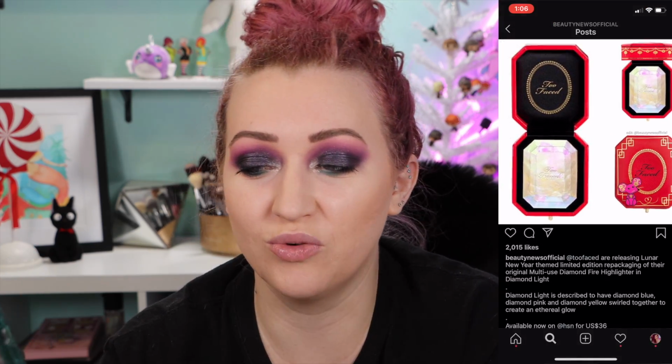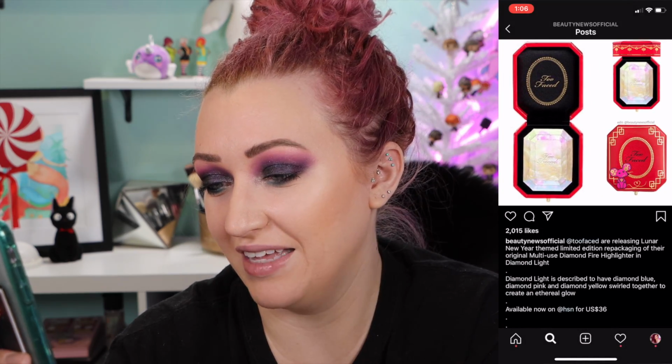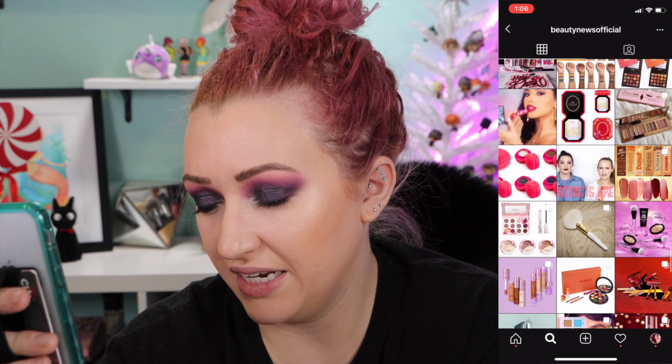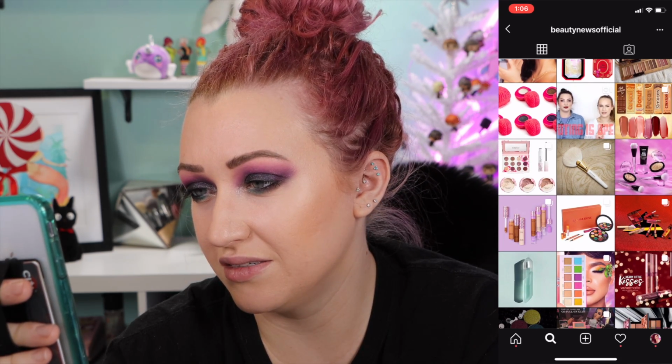So the packaging's really cute. I'm sure once this is applied, it's just gonna look like any other multi-chromatic kind of look, but I just really like the way that it looks in the palette. Yeah, this is not on their social media yet. I don't know if there's really anything else that I wanted to touch base on. Oh,